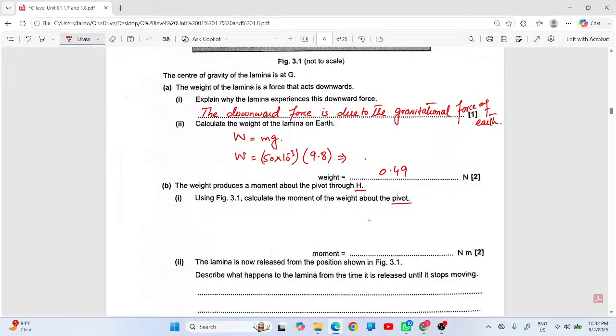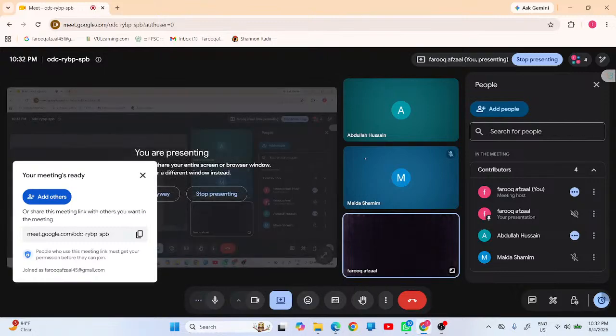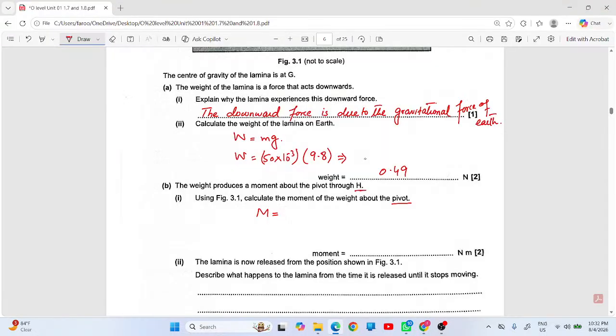जी माइदा, moment का फॉर्मूला क्या होता है? Moment equals जी माइदा, आवाज नहीं आ रही आपकी।